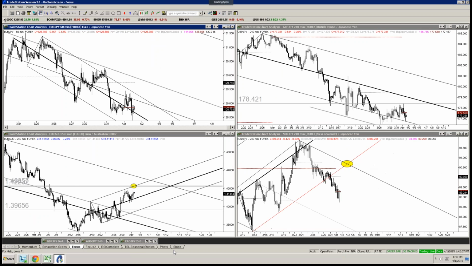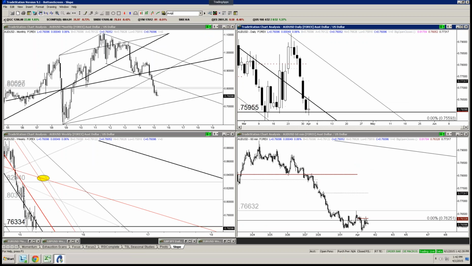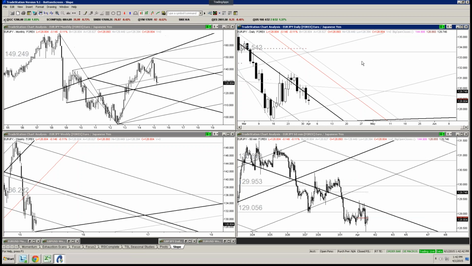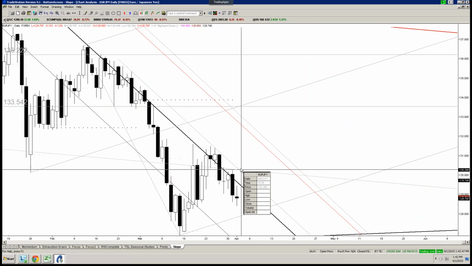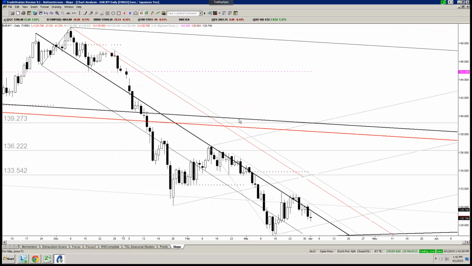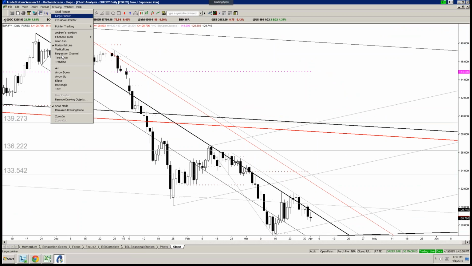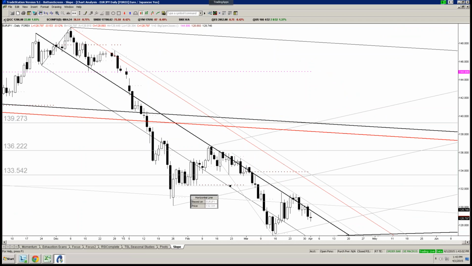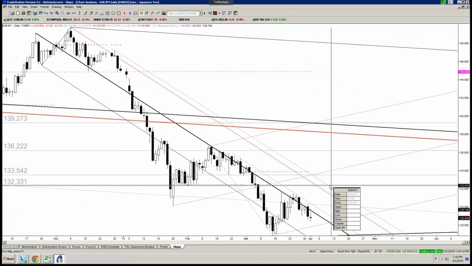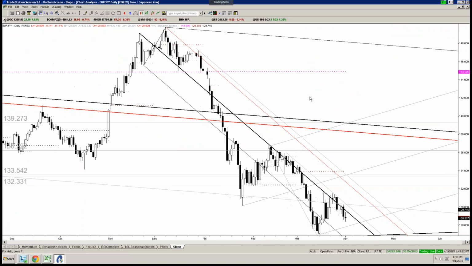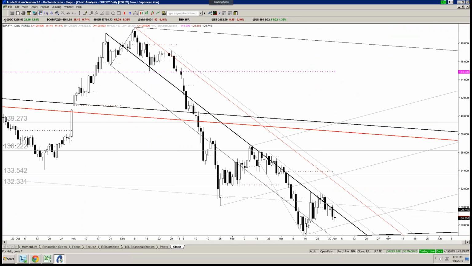It's important what happens in euro yen right here, because if we break through here again, we might revisit the upper parallels at some point in euro yen. That could give you an opportunity for another short. So you got old support here, 132.30. That could come into play at some point over the next week or so, if we get it. Something like an A, B, C.